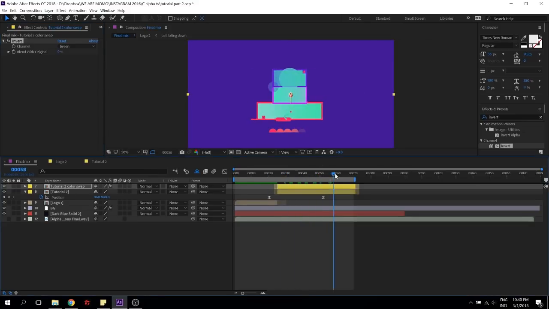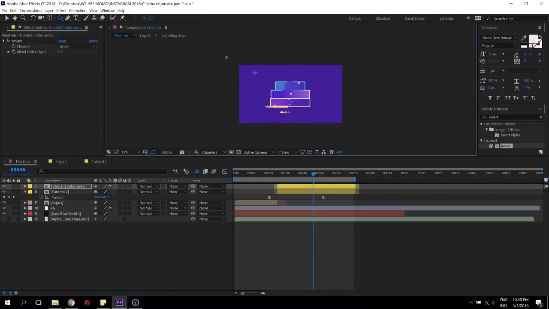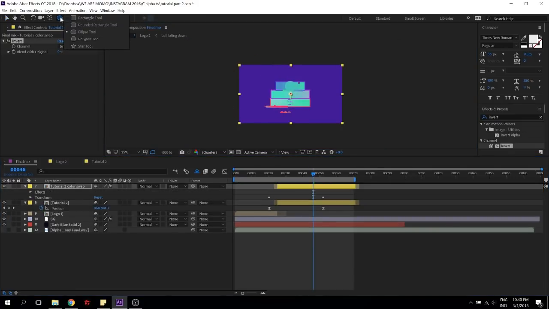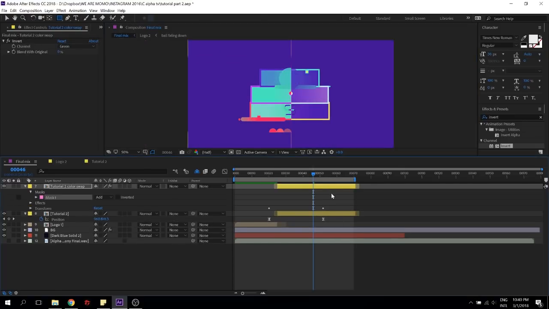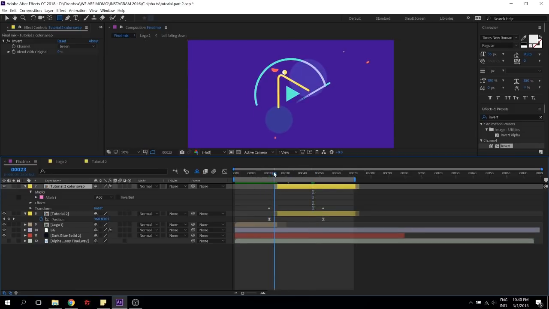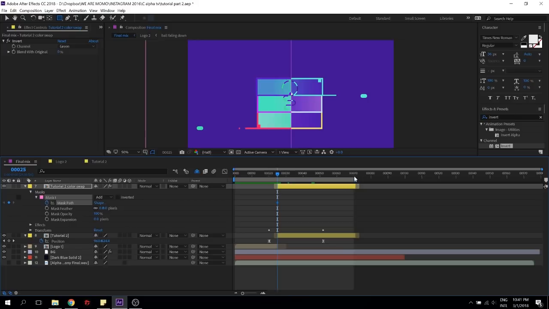It already looks better, but what would be cool is if I take this into half. I'm just gonna take a rectangle and make sure that it's half. Okay, so right now I'm just gonna animate the mask path.